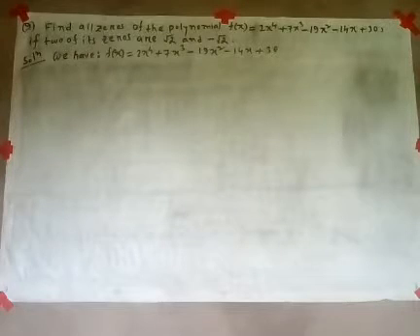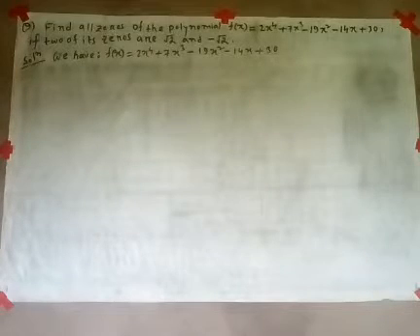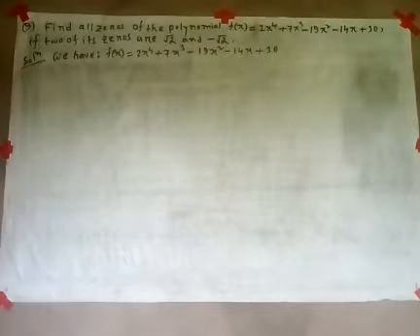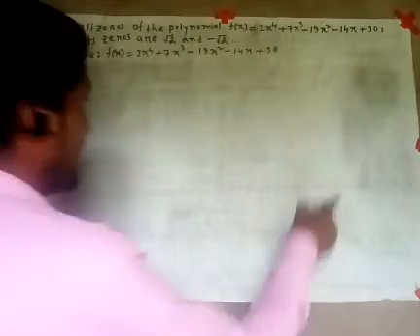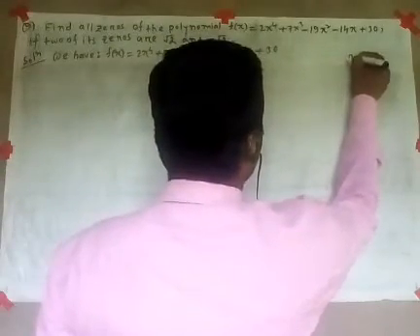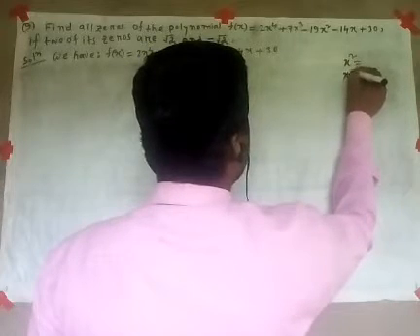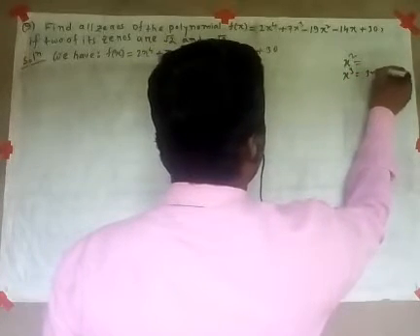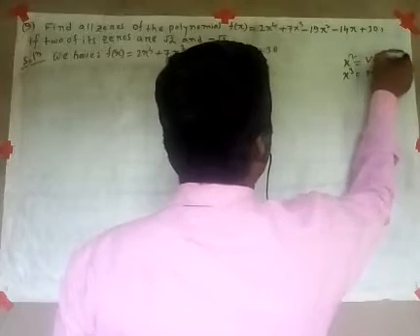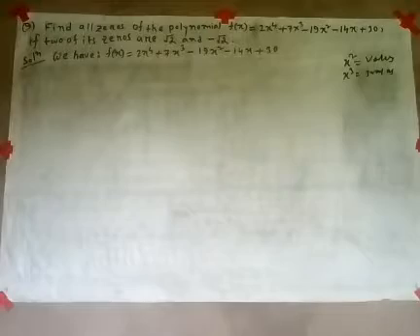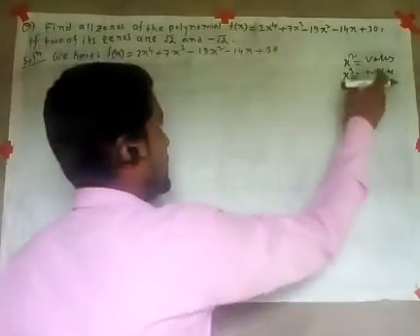If the equation is quadratic, then we are getting two values of x. If the equation is cubic, then we are getting three values of x. In case of x square, we get two values of x; in case of x cube, three values of x. These two values of x are alpha, beta. If three values, then alpha, beta, gamma.